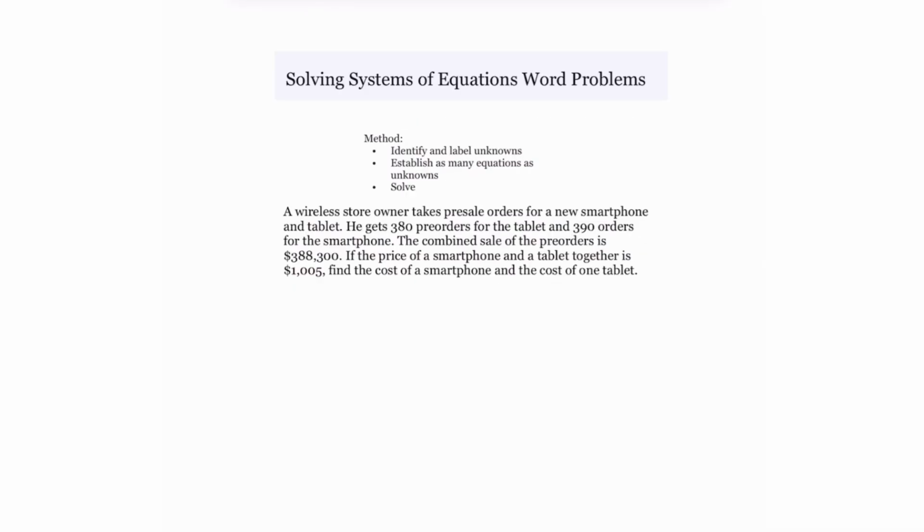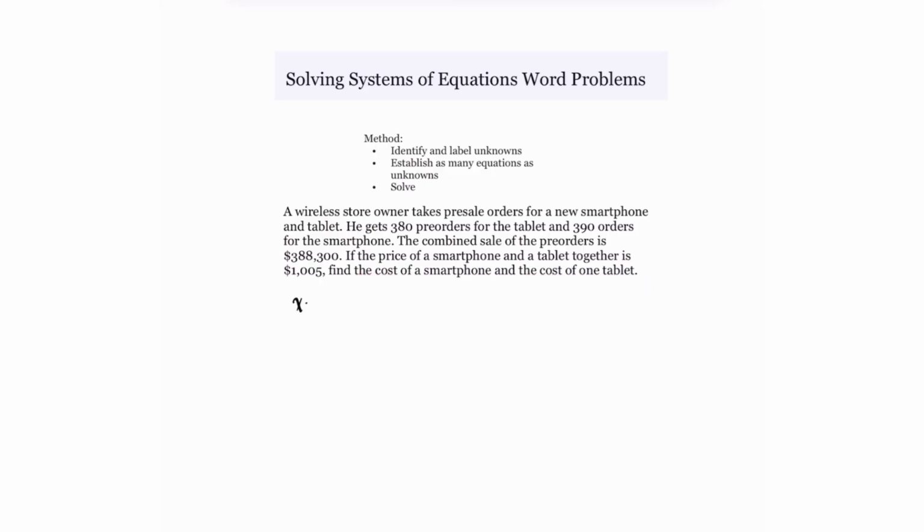Here we're deviating a bit from the dimension style problem, but it's the same concept. Here we have a wireless store owner that takes pre-sale orders for a new smartphone and tablet. He gets 380 pre-orders for the tablet and 390 orders for the smartphone. The combined sale of the pre-orders is $388,300. If the price of a smartphone and a tablet together is $1,005, find the cost of a smartphone and the